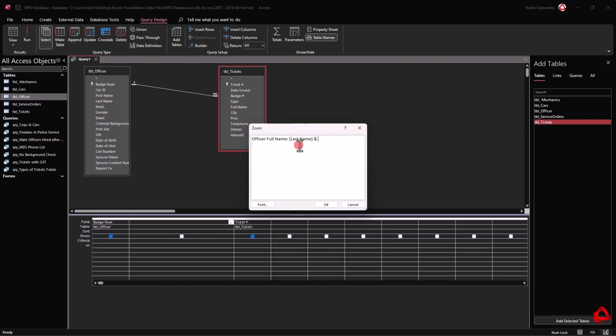Well, if I don't put anything in here and I just put first name, it's going to run them together with no spaces. So I need to put at least a double quote, space, double quote. But I actually do want a comma to appear after the last name. So I'll put a comma with a space and a double quote, followed by another ampersand. And then square brackets, first name. Just like that. Okay, so now that will display the badge number, the officer full name, which will be concatenated,